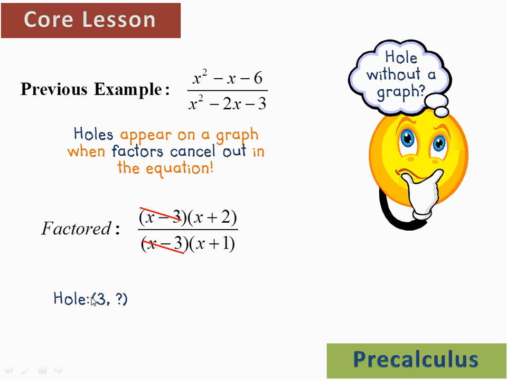So I'm going to plug in maybe 2.99 in for x, and I plug that in for each x. Then I solve it: 2.9 squared minus 2.9 minus 6 over 2.9 squared minus 2 times 2.9 minus 3. I would type the numerator into the scientific calculator, type the denominator into the scientific calculator, and then divide it. You'll see that it actually turns out to be close to 1.25, which is what we're trying to get,